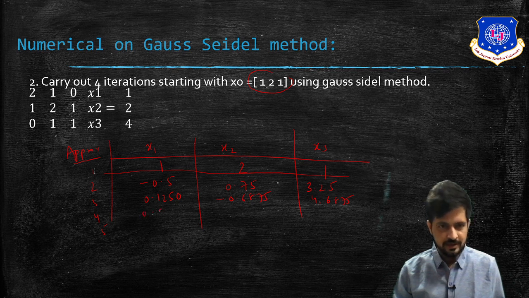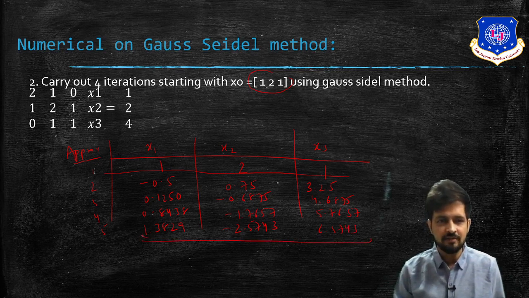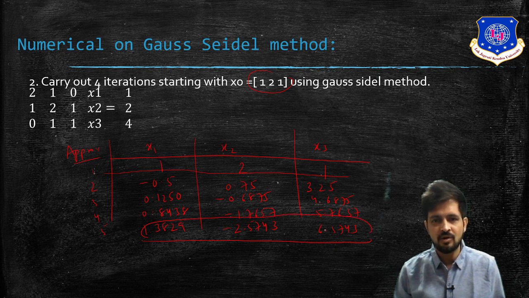Then 0.8438, minus 1.7657, 5.7657, and the last is 1.3829, minus 2.5743 and 6.5743. See here there is no need to check whether the digits have become same or not, because it